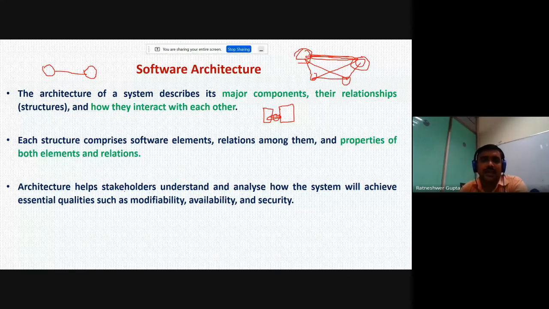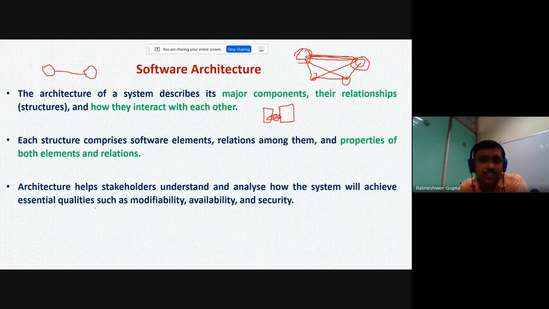Architecture helps stakeholders understand and analyze how the system will achieve essential qualities such as modifiability, availability or security. Again, take the example of the plan of your house, a very common example in software architecture.